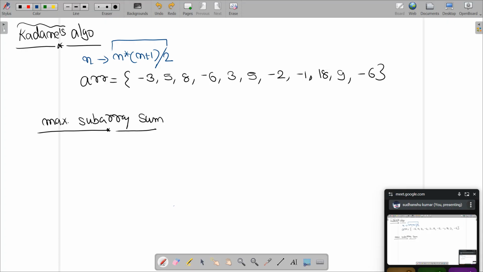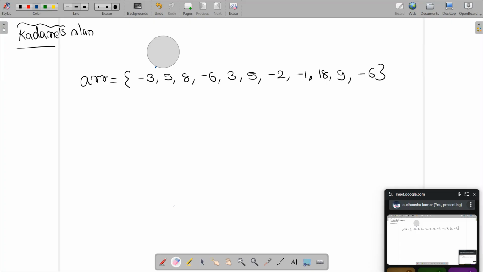What I am trying to conclude is that logically, if there are n square observations that need to be done, then there is going to be at least n square time that you will be consuming. But before you conclude this, you also need to make sure what exactly is the nature of the problem. For example, here I am not asking you which subarray will have maximum size. I am not asking you to print every subarray. I am only interested in the sum. So look at how we are going to execute Kadane's algorithm here.